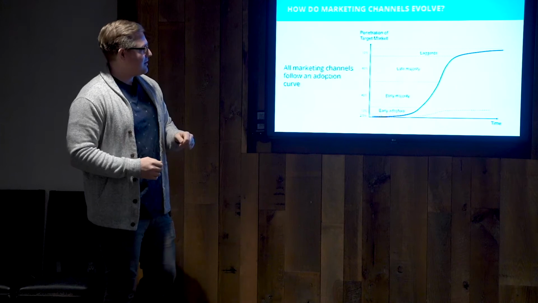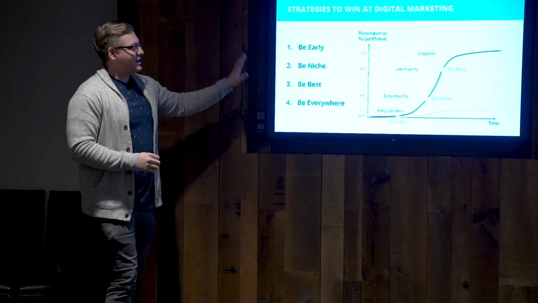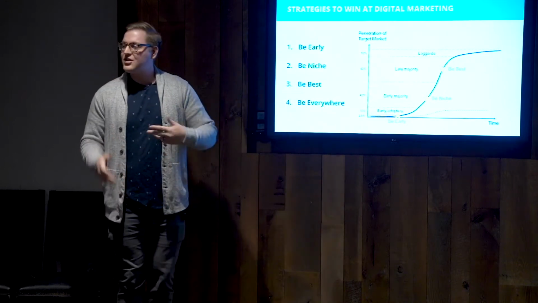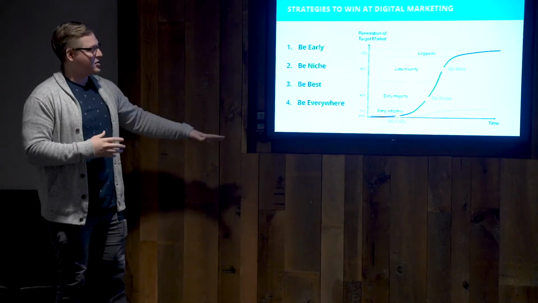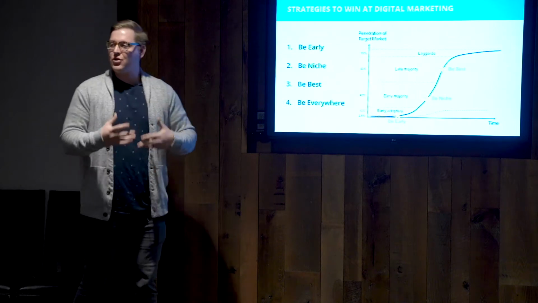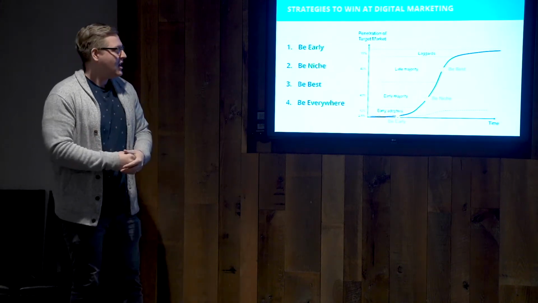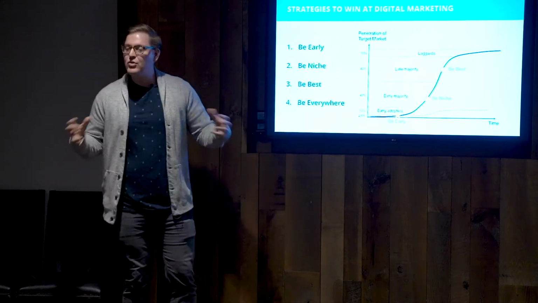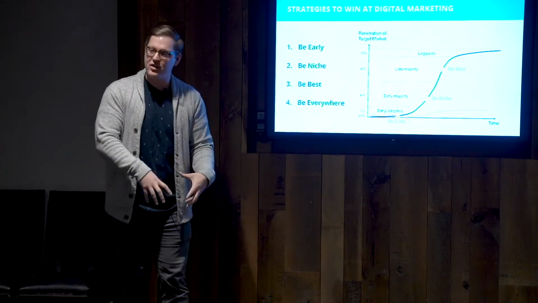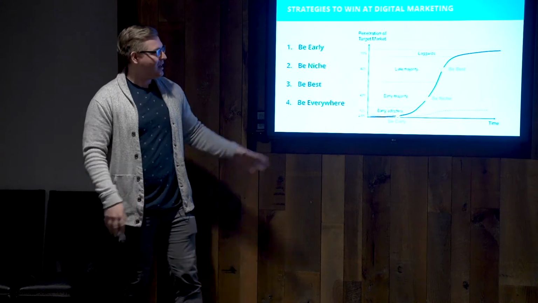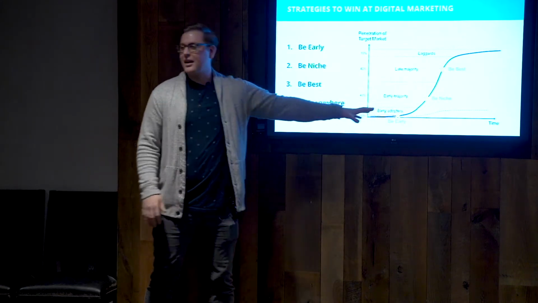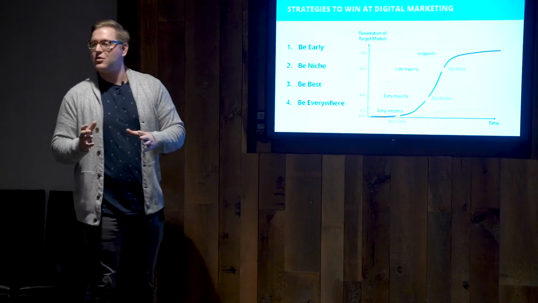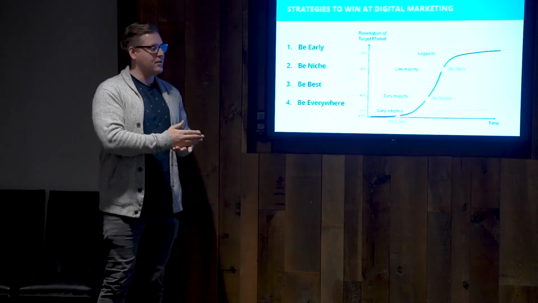Next slide, please. And so what this does is we can start to identify different stages of that life cycle and start talking about strategies that we can deploy at each of those stages in order to take advantage of where a product is at. So for example, when a product is first released and it's early adopters, if you can get into that platform first, there are advantages to being the first one to market on a platform. As a product evolves, it makes it easier to switch your marketing efforts into niching down and narrowing your message.